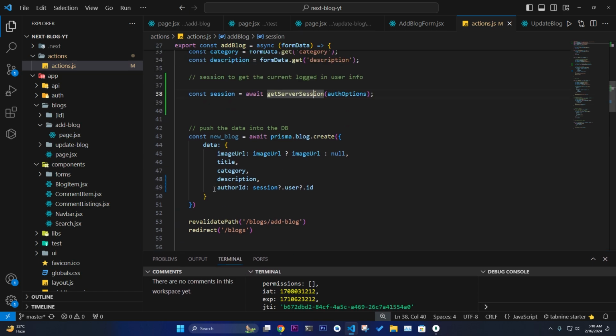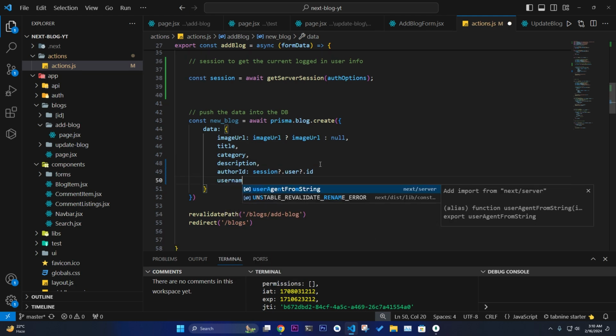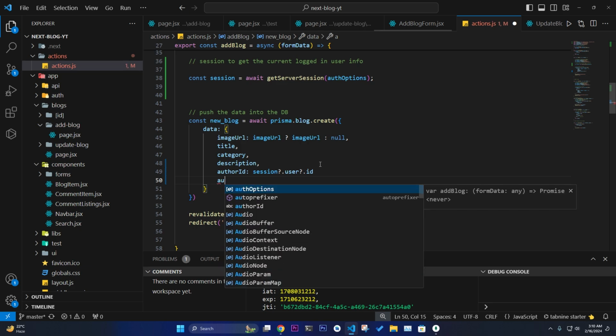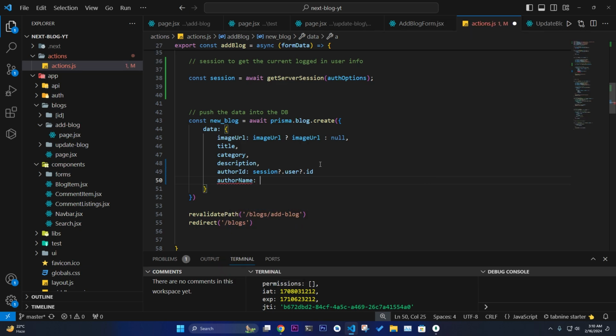It's nothing magical. This is simple stuff. We just add the current author ID, who is actually logged in. He is actually the author of this particular blog. He would be assigned, and you can pass a username or the author name here. Okay, author name. You can pass